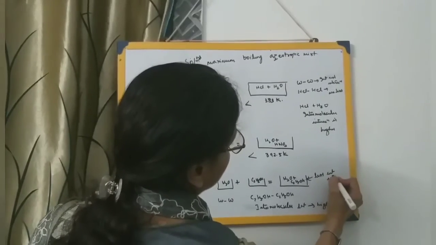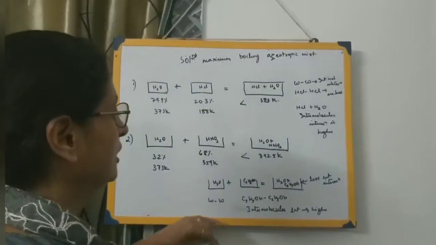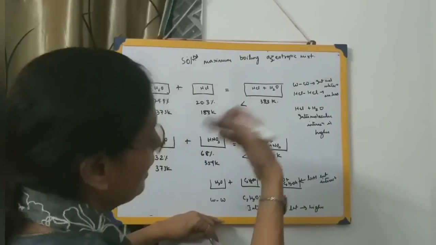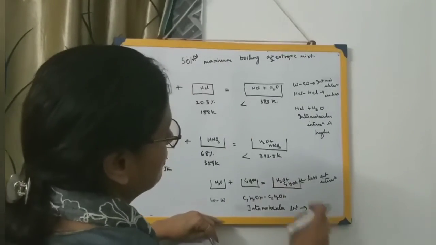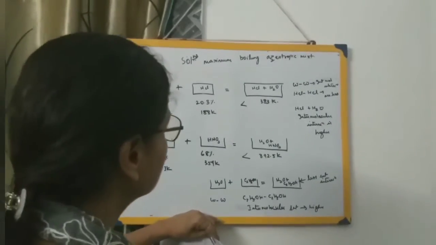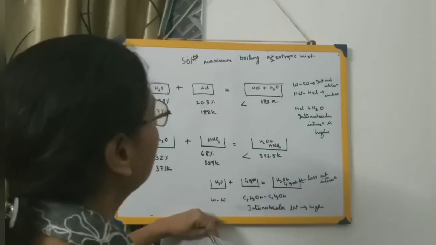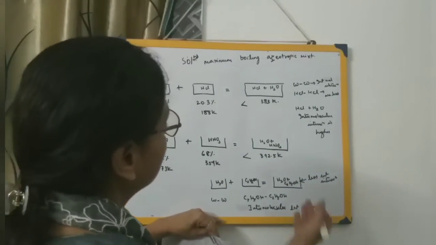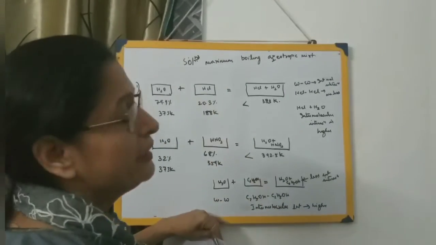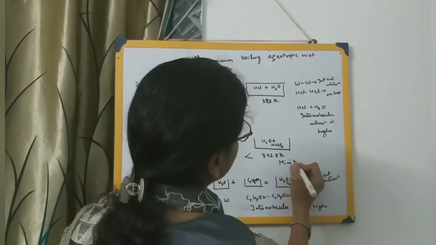So if this is less, what will happen? It is going to boil at a lower temperature because the intermolecular interactions are less over here, and here the intermolecular interactions are high. So as it is forming a solution, this solution which has been formed, because of the less intermolecular interaction, is going to boil at a low temperature because the interactions are less, so very easily it will vaporize. So this is how it leads to the formation of a solution having the minimum boiling azeotropic mixture. So this forms the minimum boiling azeotropic mixture.